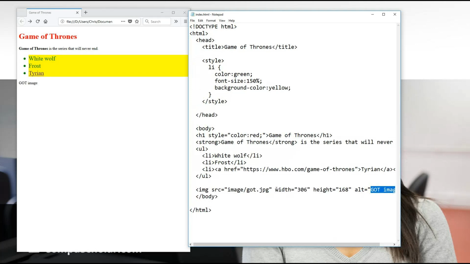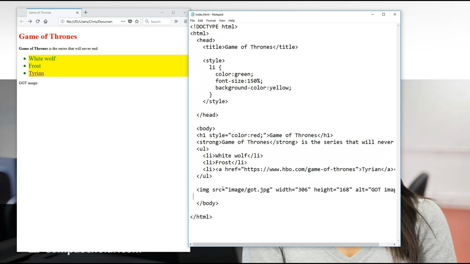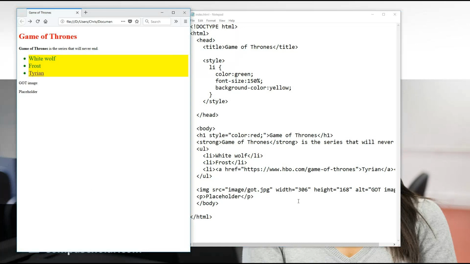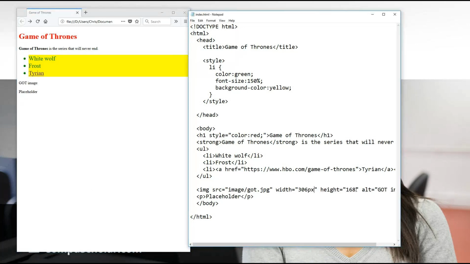If you specify a width and a height like this, then the web browser will still be able to allocate that space. So let me show you down here. Let's add a paragraph with some extra text. Oh, I misspoke. What did I do wrong? Maybe I missed the pixels. All right, I'm missing something here, but when you do specify the width and the height, the web browser should